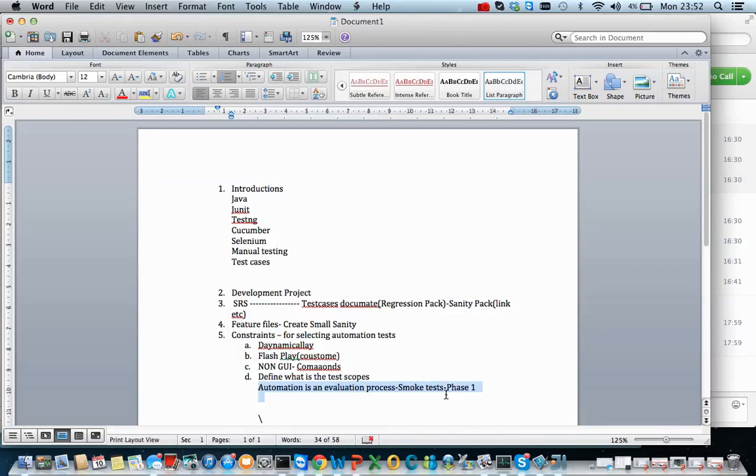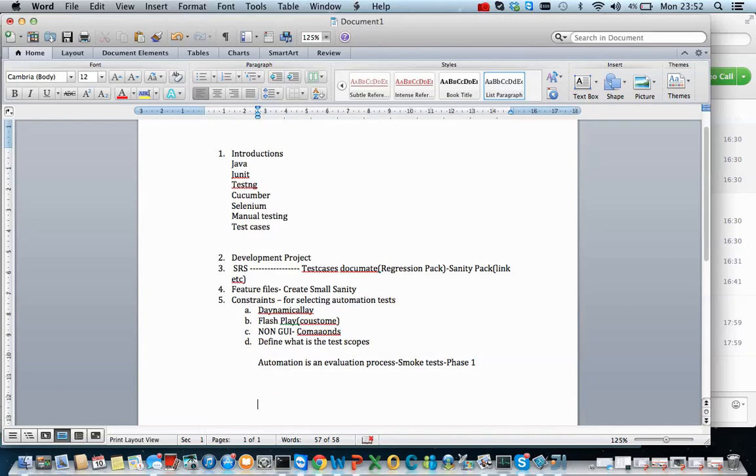So once you have that, once you have a definite scope, so let us think that we are automating an evaluation process, and we are actually taking smoke test as our initial setup for our automation. So this is the thing that we need to do, which is more of a non-technical thing before you actually jump into automation. Okay,